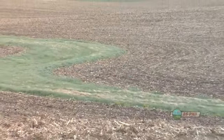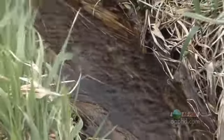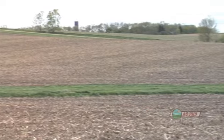Little grass strip through the valley. It's called a grass waterway for a reason. That's where, when lots of rain hits, there's going to be a good amount of water that has to move through a field in some cases. Water is always going to go to the lowest point. Well, like right on this farm that we're on here,